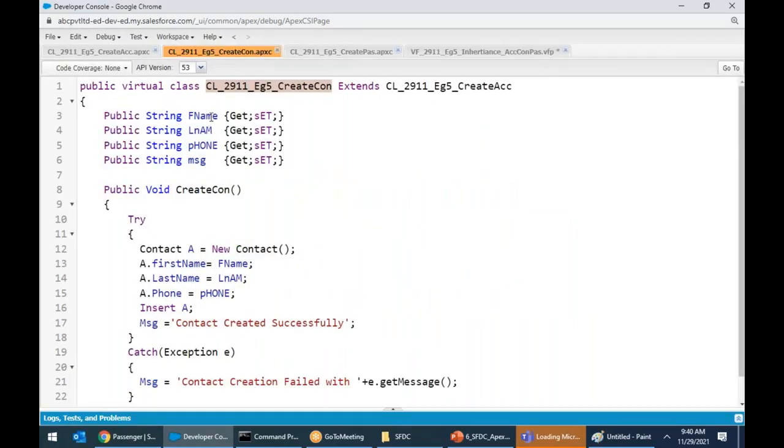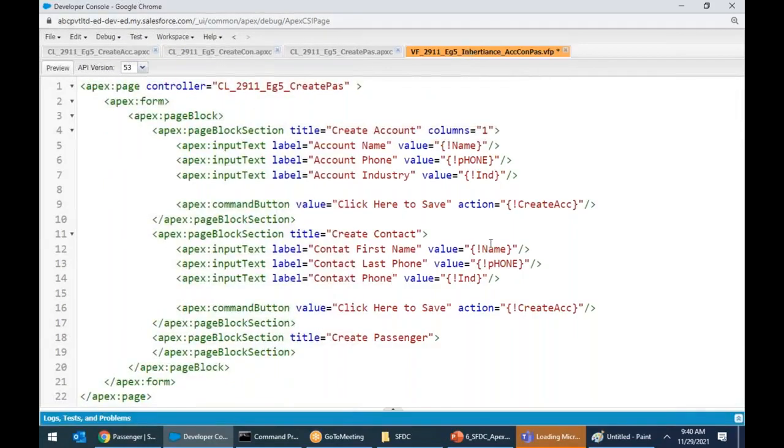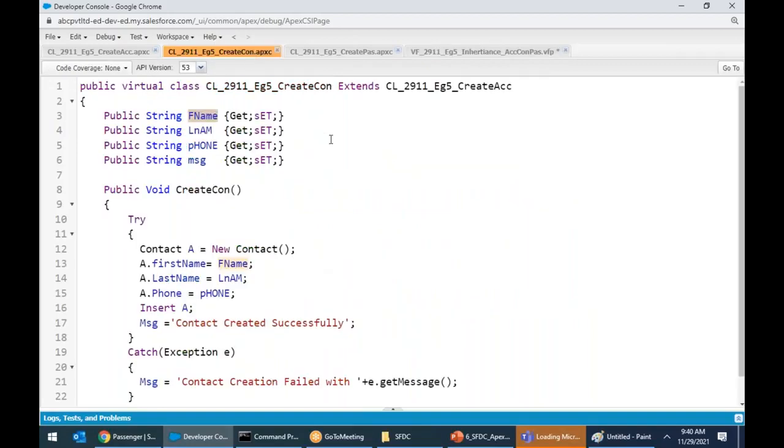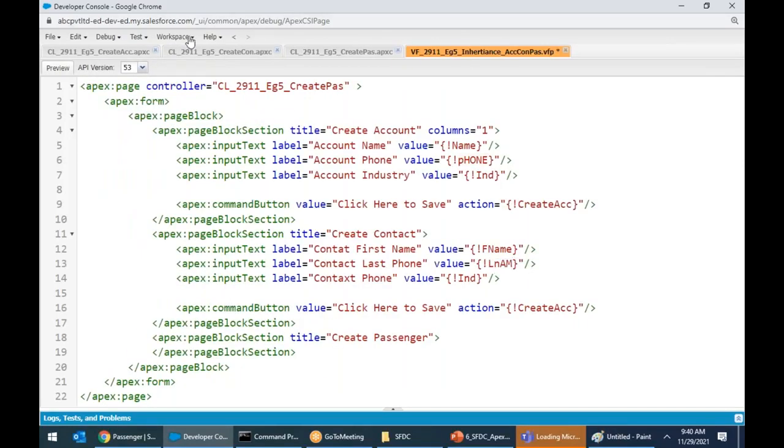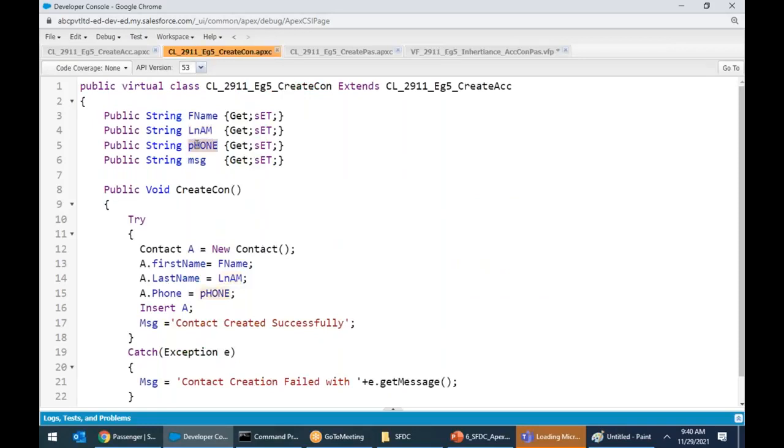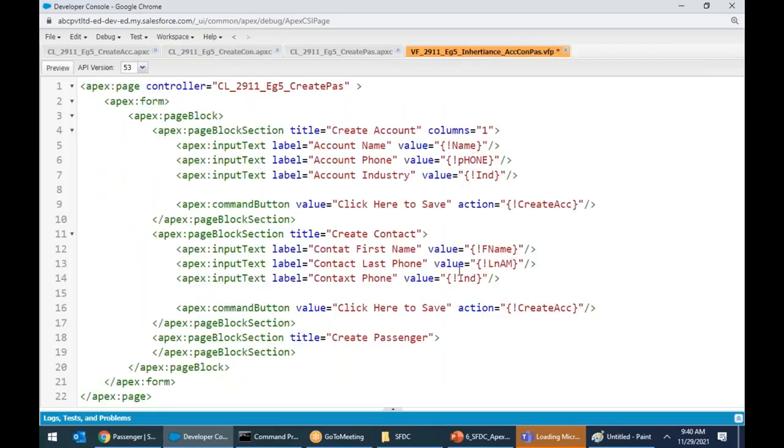Whatever you enter, it has to go to the F name. Whatever you enter, it has to go to the L name. Whatever you enter, it has to go to the phone. Finally, whenever you click save,